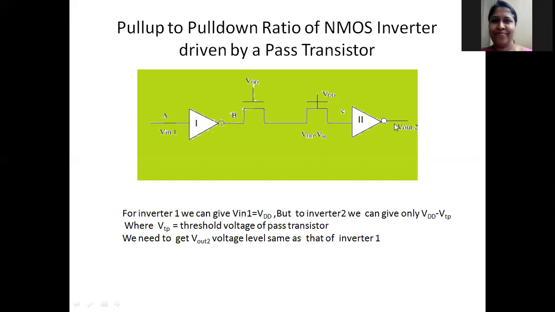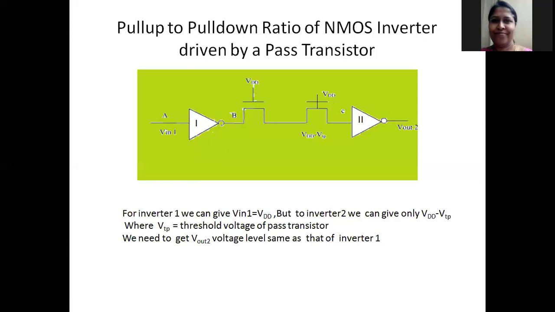So how do we get the logic low voltage? Same as what the logic low voltage that can appear here. So to adjust that, we have to design this inverter properly. So let us see how to design. First, we will analyze the first inverter, and then we will analyze second inverter and try to know what is ZPU by ZPD ratio of this inverter. For which we will take the help of already analyzed NMOS inverter circuit.